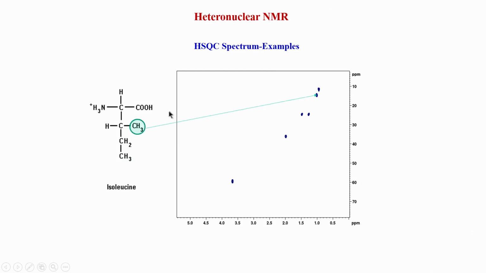Then you have this other methyl also here. So, this is called the gamma 2 of isoleucine. This is gamma 1, the one which is shown here is the gamma 1 carbon proton, and this is gamma 2. So, for gamma 2 you will get a shift again close to the other delta proton, delta carbon. So, these 2 come here. The next is the gamma 1 carbon proton pair.